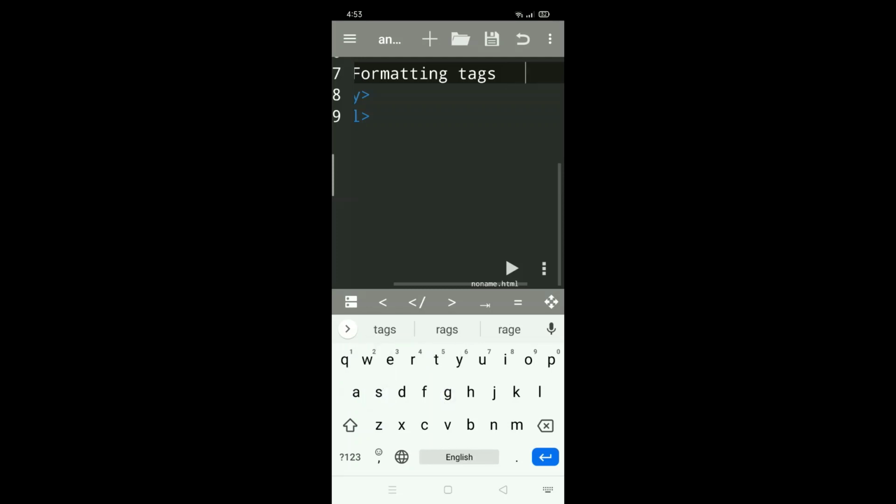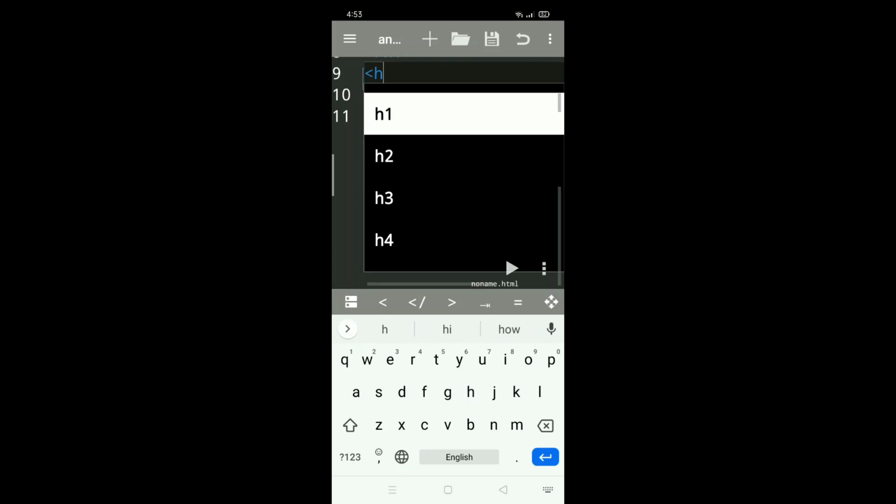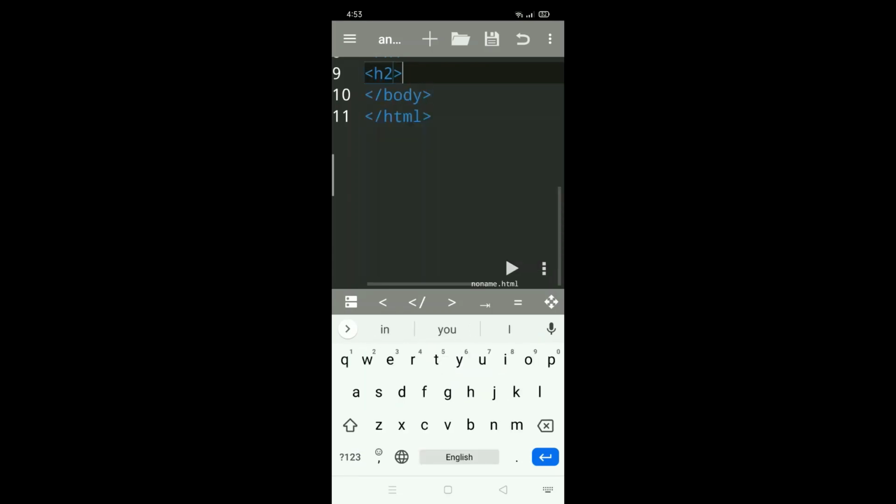Next press enter and close the H1. Here I want to use some text in different heading styles. H2, I want to display H2.